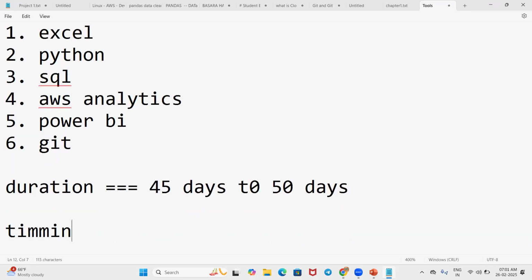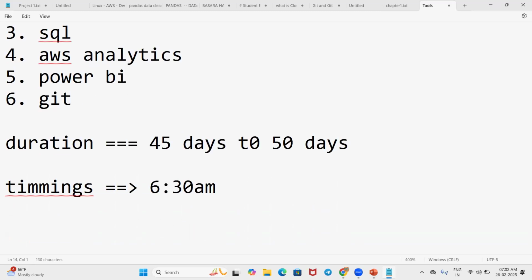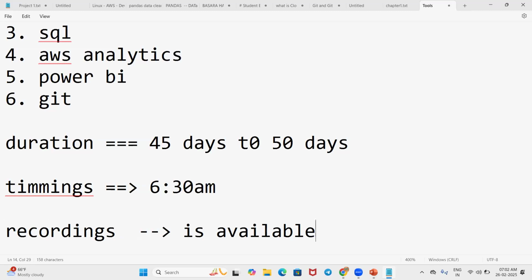The timings will be morning 6:30 a.m. Recordings will be provided. The recordings are available and will be shared through drive access. You can access them from day one till the end.